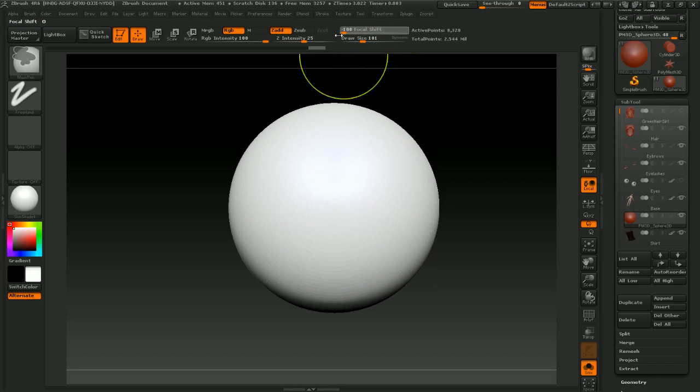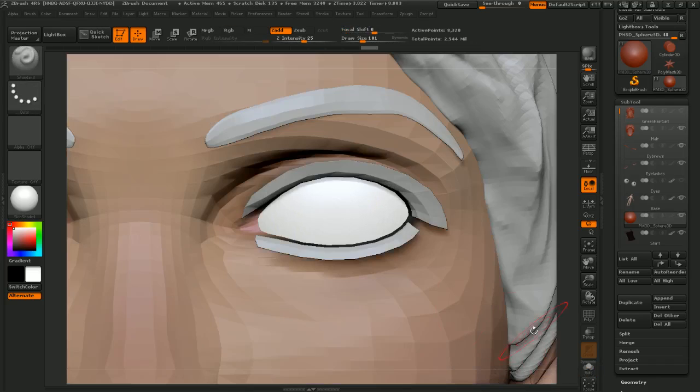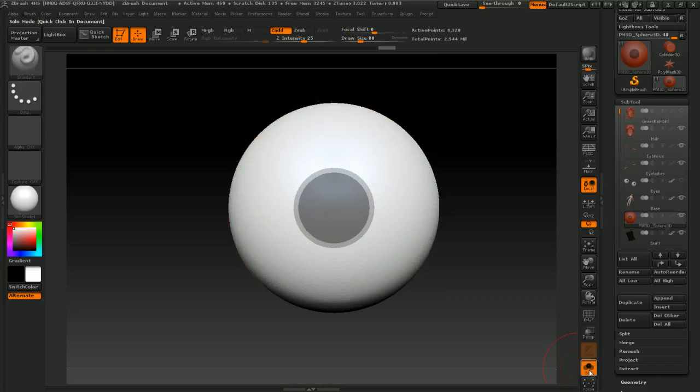And I'm going to turn focal shift to -100 on my mask brush. And for this part, I probably don't want to be solo actually. I'm just going to mask where my iris will be. So it'll be something like that. So now we can solo,